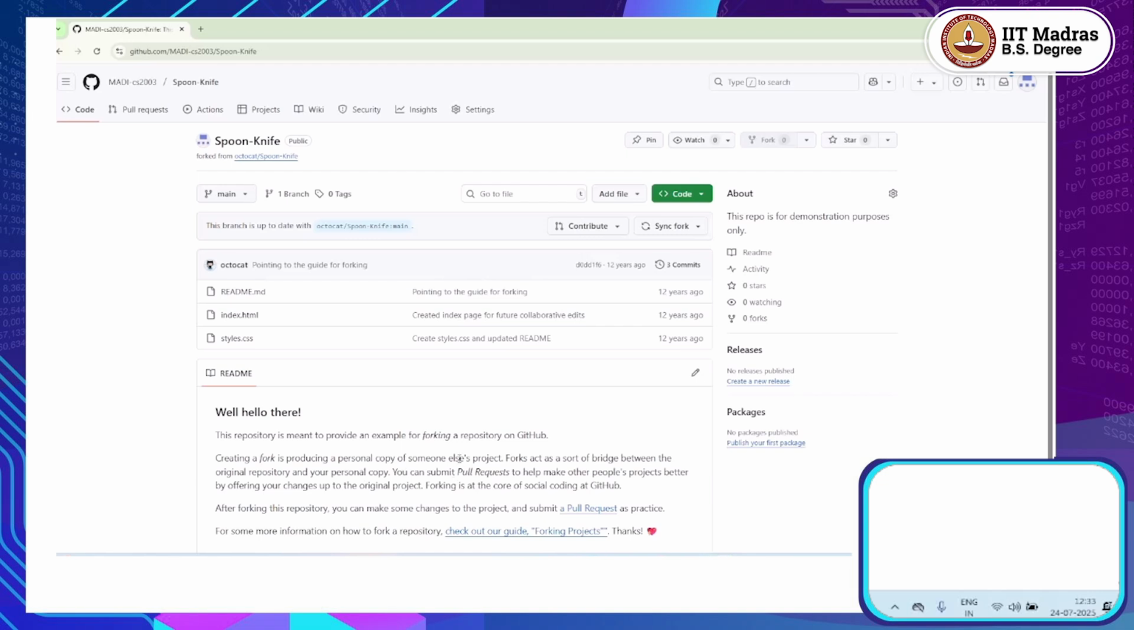Now the main objective of doing that is if you want to make some changes to this repository, you can then make the changes and then create pull requests for it to be merged to the main repository or the original repository. Now let's say if I want to make some change or suggest some change, I can just make the change and create a pull request. So let's say if I go to readme.md,